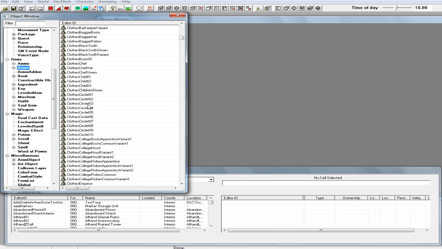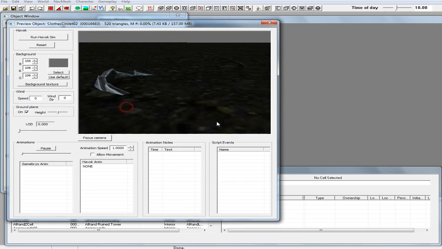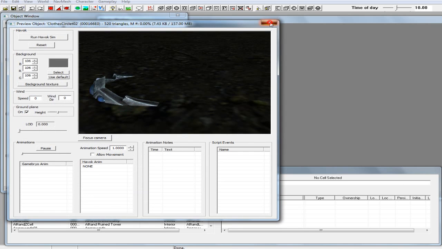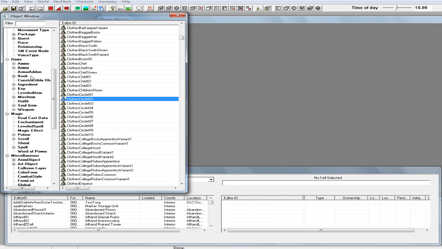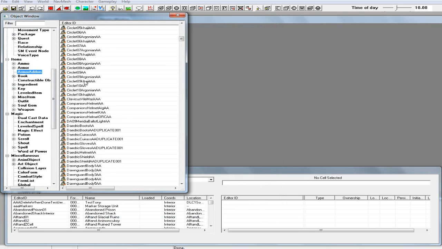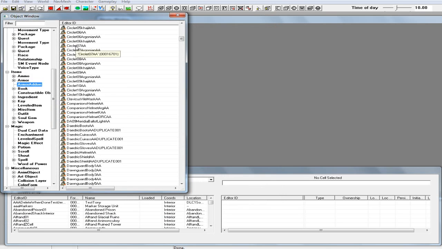Check that one more time there. I believe that was 2. Yep, 2 is the one I'm looking for. So I'm going to go ahead and go back to my armor add-ons, and I am going to find